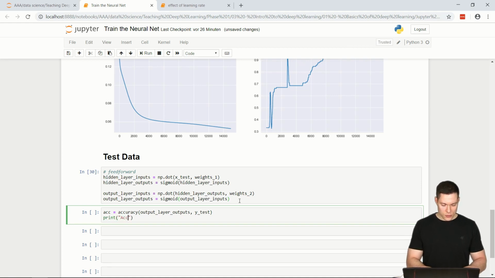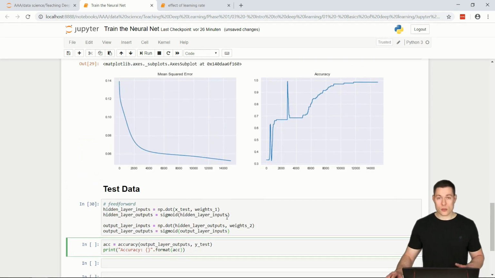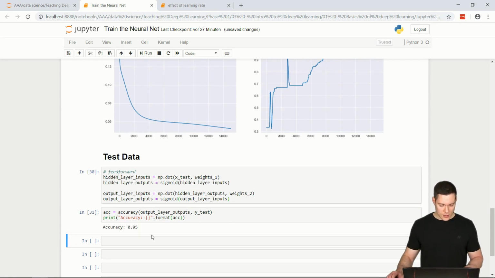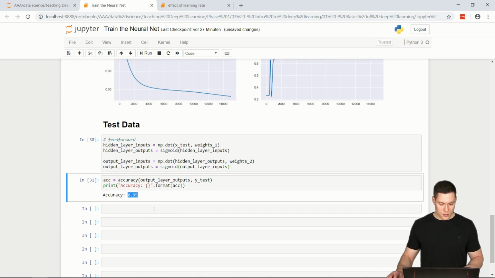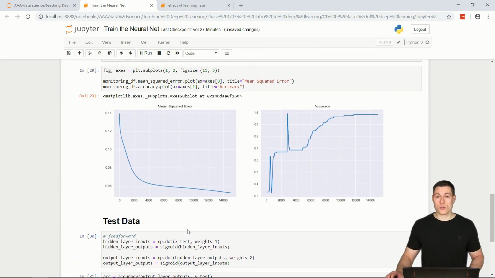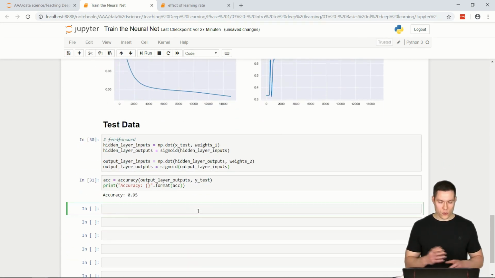So we're going to say accuracy colon and placeholder, and then dot format accuracy. So now let's see how good the neural net is at classifying those test flowers. And here we get an accuracy of 95%. So clearly the neural net has learned to distinguish the different types of flowers. And now, before I wrap up,